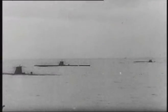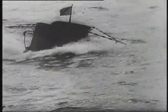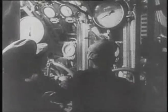Dönitz claimed that the tactic of the wolf pack was his own invention, but in fact such methods had been used to attack Allied shipping in the First World War. However, Dönitz developed the concept much further, especially when he was able to deploy over 40 U-boats into the Atlantic at any one